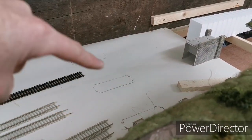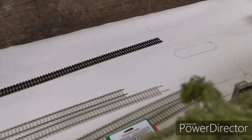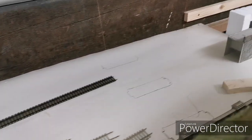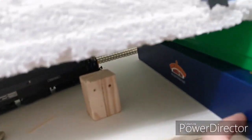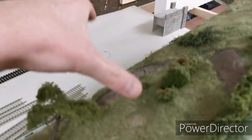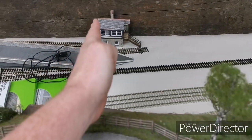Now on previous videos you can see where the bridges were going to be from this side of the layout, which I think I did draw them somewhere. No, I didn't. I thought I had, but I hadn't. Or actually, no, tell a lie, sorry. It is actually underneath here somewhere. So basically them bridges, instead of being there, are going to be more or less by here somewhere,